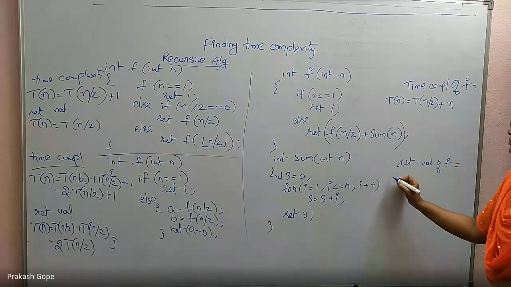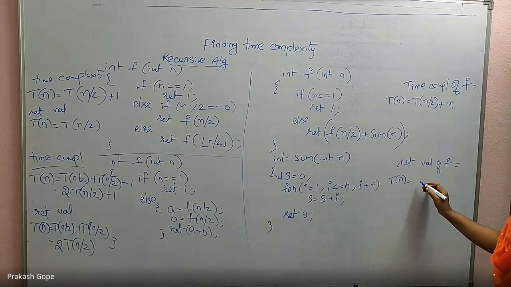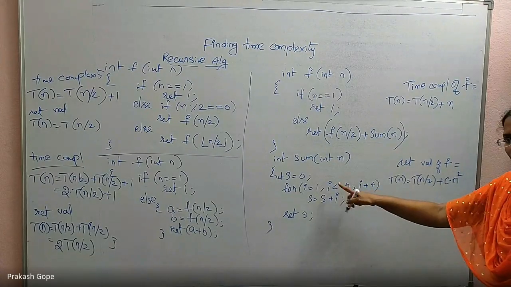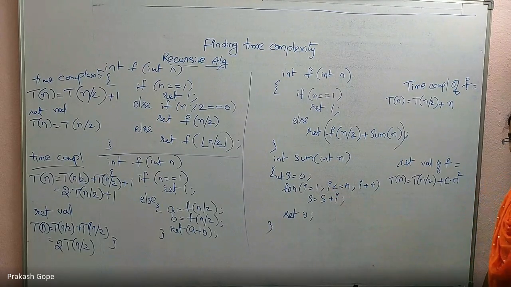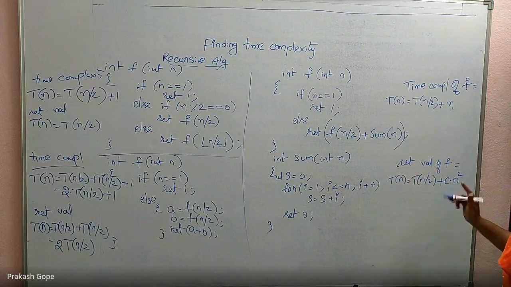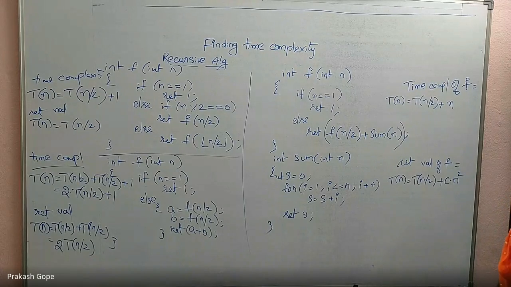Okay. This one. T of n by 2 plus n into n plus 1 by 2. Constant into n square. Because that is an n square, right? For loops time complexity. You don't have to say the exact answer, n into n plus 1 by 2. N into n is n square, so some constant into n square is enough. Okay, because finally we are interested in big O notation only. That's why. If you write that, that's fine.